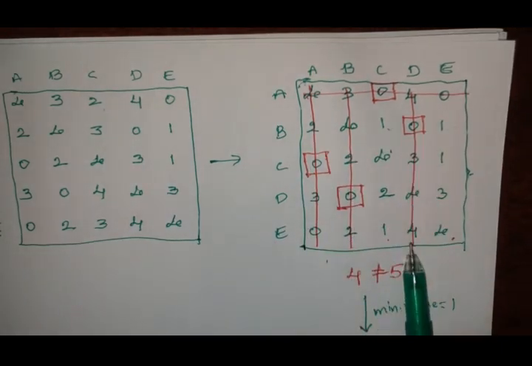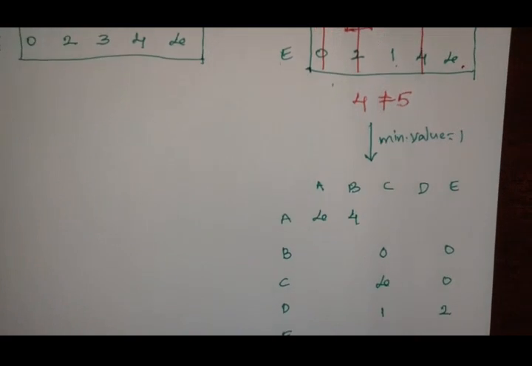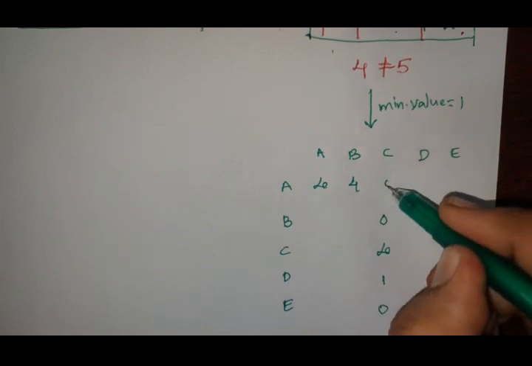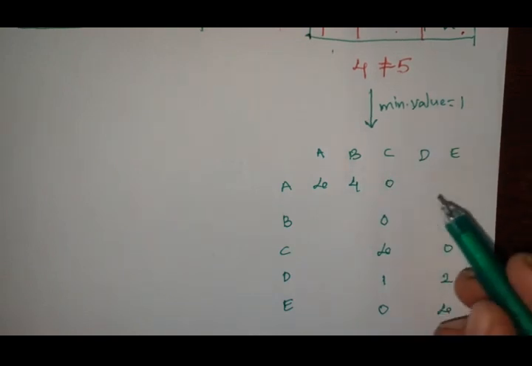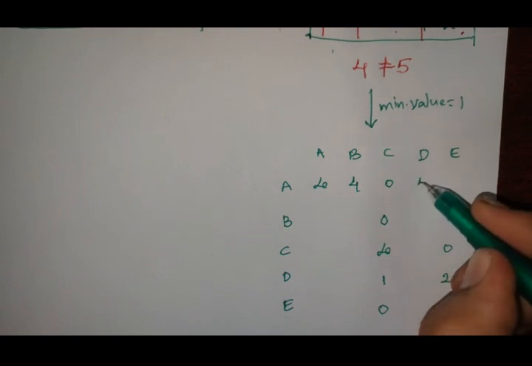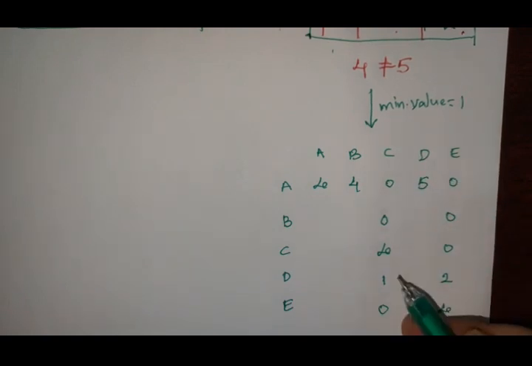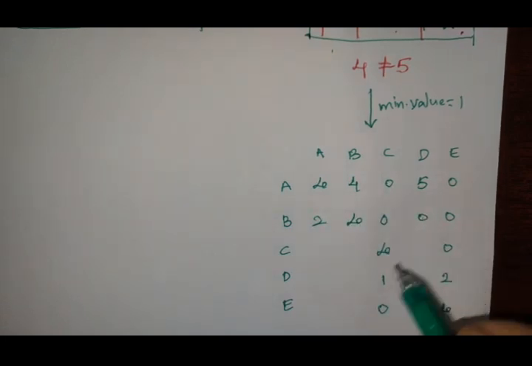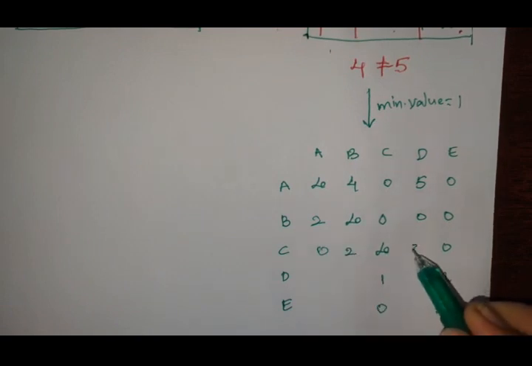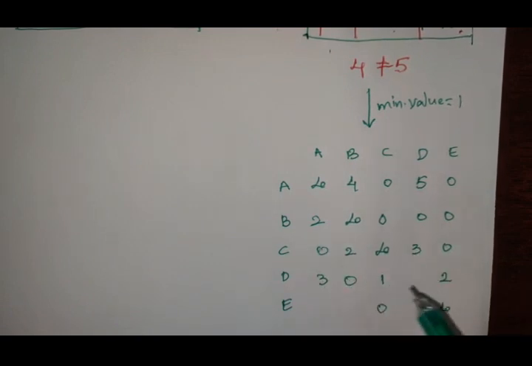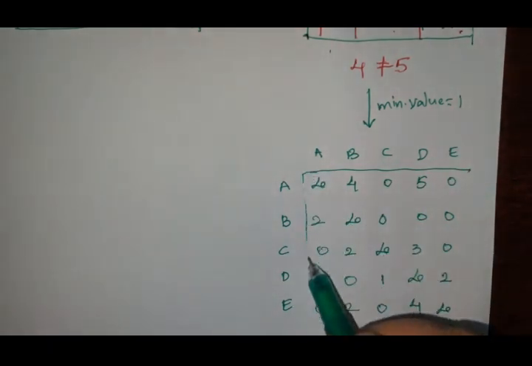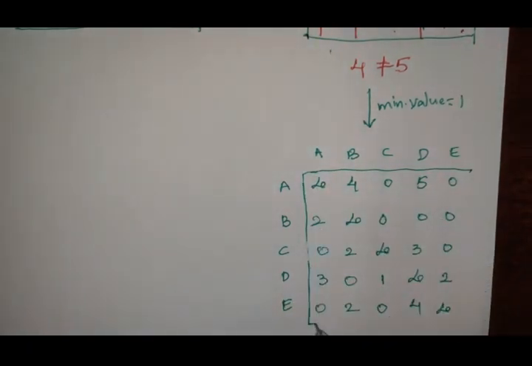And the remaining are all striked values. Let us write them as it is. So I am copying the same values here. Then you will get 0, sorry, this one is also a junction, so here you will get 5, then 0, and next 2, infinity, 0; 0, 2, 3; 3, 0, infinity; 0, 2, 4. So now this one is the new matrix after doing the iterative procedure.